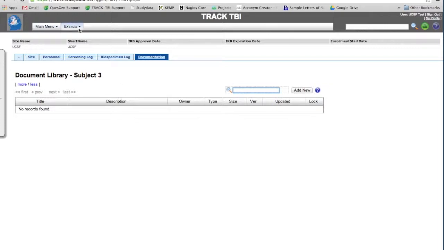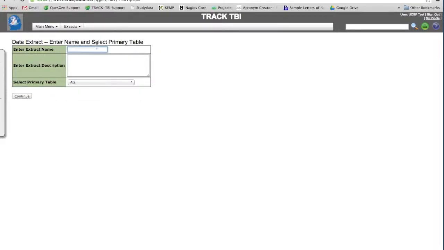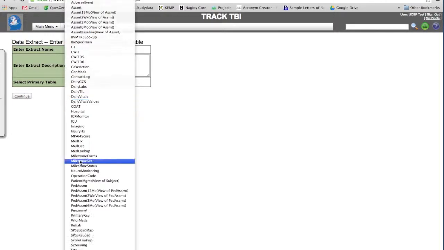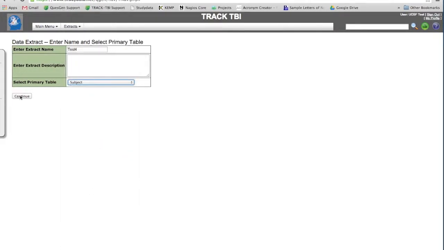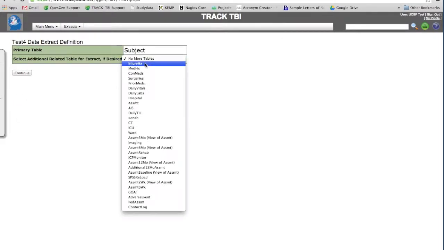One other area here is the extracts, where you can go, and this is how you get your data out of the system. Again, it's filtered so that you can only see your information. So I'm going to add an extract here. It's going to be called test 4. I'm going to start at the highest level, and the highest level in our database is our subject table up here. So I'm going to start with that primary table,